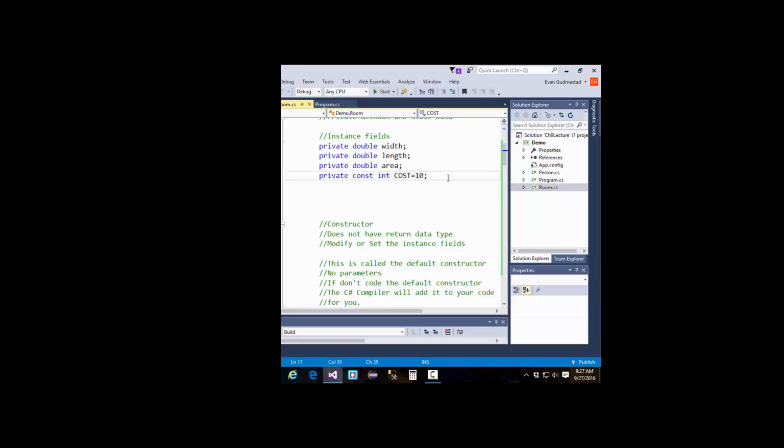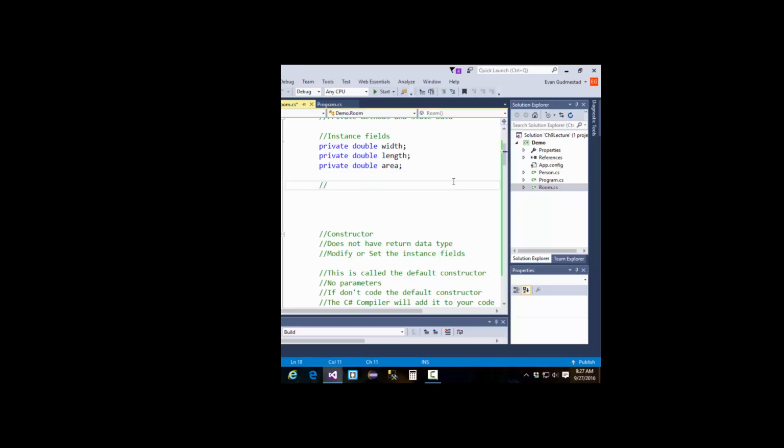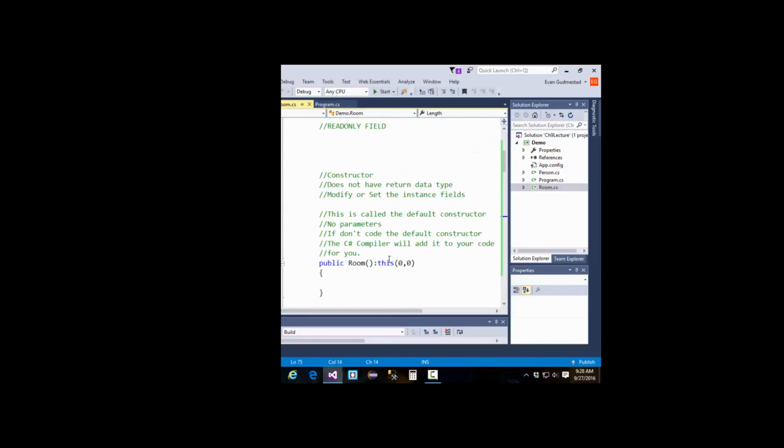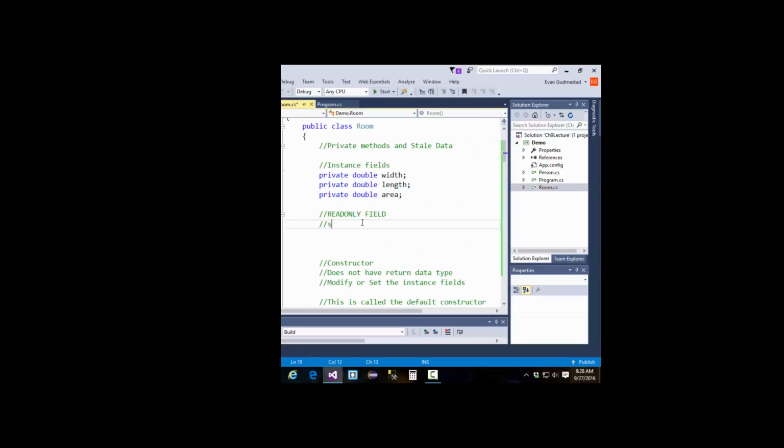Read-only is very similar to a constant in that once it's set, it cannot be changed. But a read-only, and it's a field. Now that I kind of talked about constant, let me introduce the read-only field. Now, not to be confused with the read-only property. Those are different things. Read-only field versus read-only property. A read-only property was a property down here that only had a get block. That's a read-only property. A read-only field is similar to a constant,